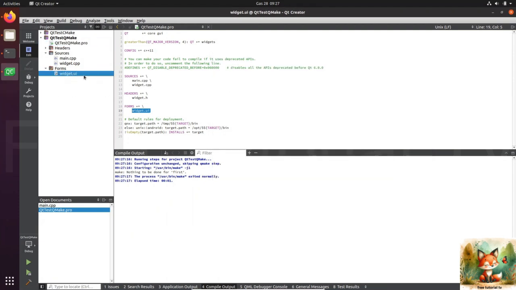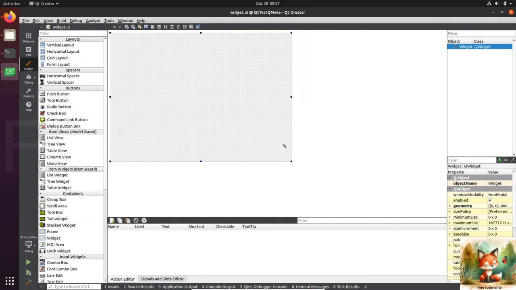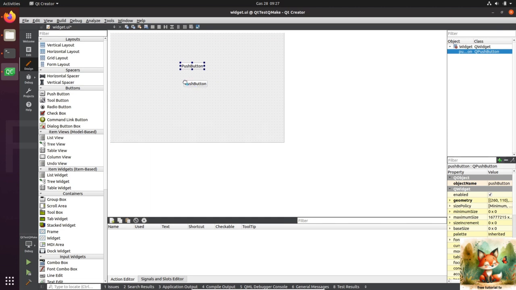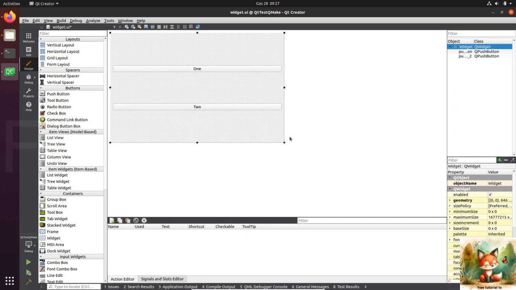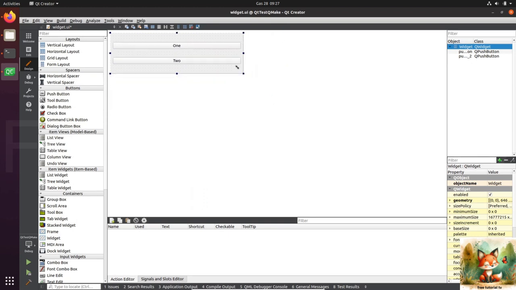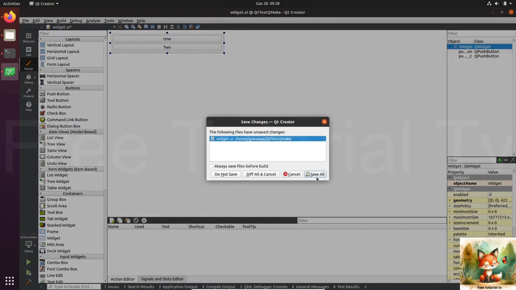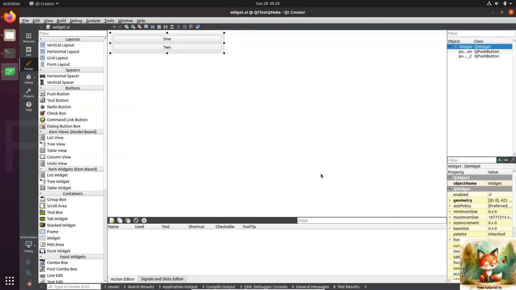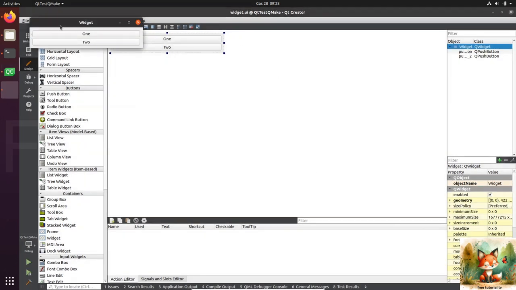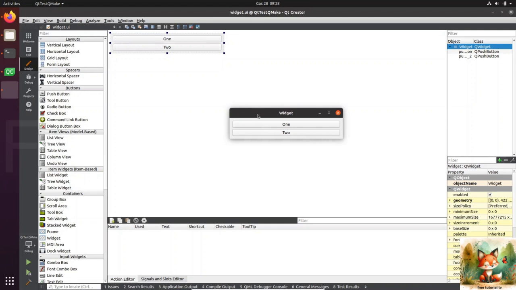We can crack open widget UI, the form here. You see, same thing really we had with CMake, but we are using another build system to set up our project here. Let's do the same thing we did. We're going to say 1, and we're going to do 2, and we can click on the form and say layout vertically, and we're going to resize this thing a little bit, and we hit the green button on the left here, bottom, to run, save all, and this is going to run. Let's wait for it. And here we have our widget application using QMake to set up our project inside